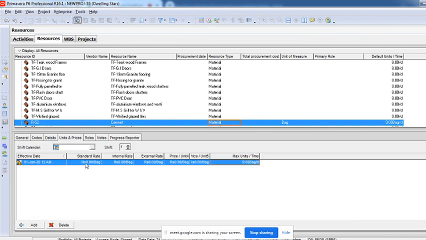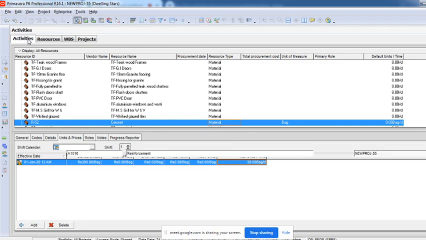Probably I'll go to units and prices. Now you can see it's taking per bag, it's not per day, right? So I'll say it's 390 rupees, 380 rupees, or 400 rupees, whichever cement you are buying. So I've given it as 380 rupees per bag, and that's a unit price. You can see here the maximum units. There's actually no use telling how many bags you have, but how many bags you want to use per day maximum, is what you can say. So I'm just giving it 50 bags per day here.